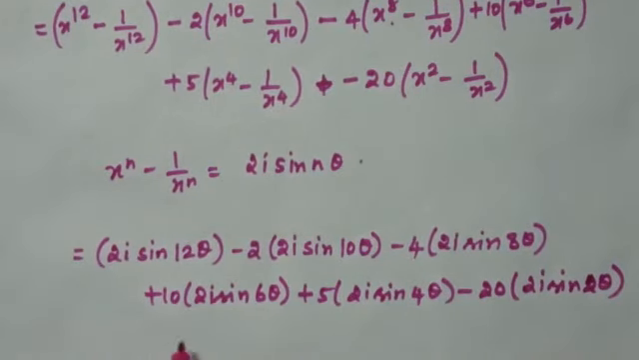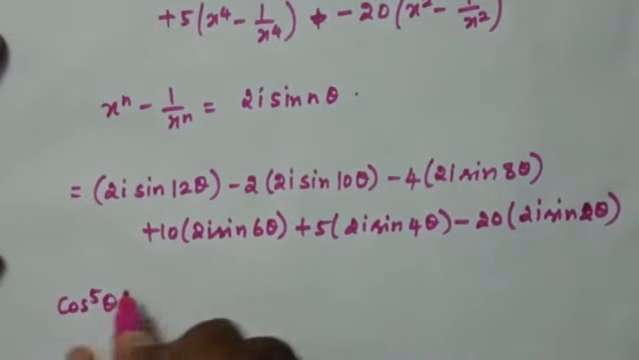So now we have to find the nth derivative of the given problem, that is cos power 5 theta into sin